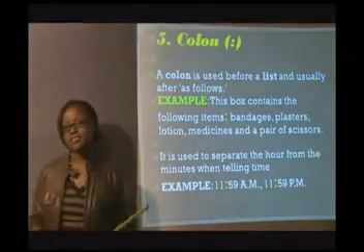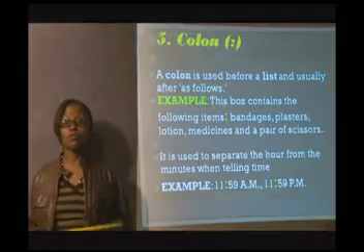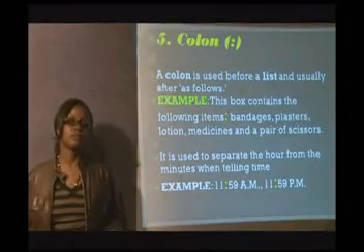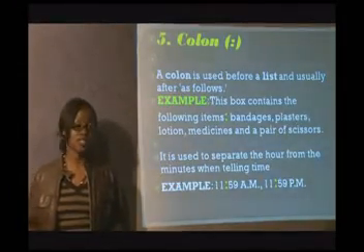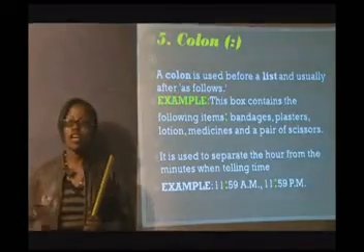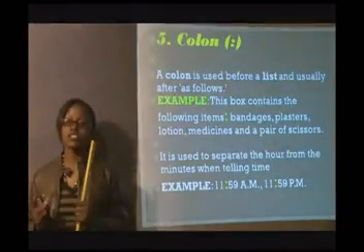Then after discussing the exclamation mark, we move on to the other type of punctuation mark, which is the colon, that is two dots. So I want you to differentiate between a semicolon